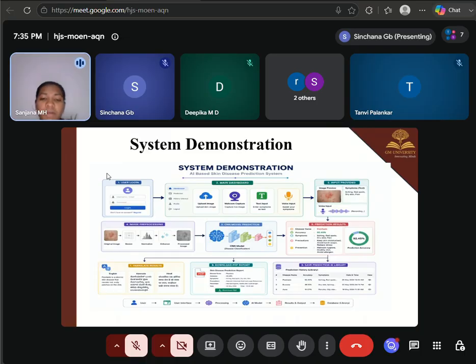So the overall conclusion of this image is that it represents the complete AI pipeline that integrates user interaction, image processing, deep learning, and data management to deliver intelligent healthcare solutions. So the next slide will be the